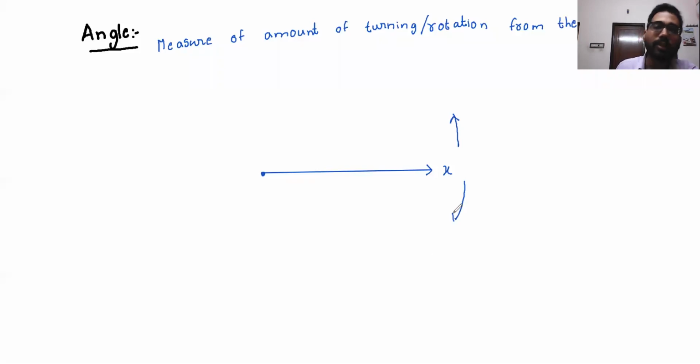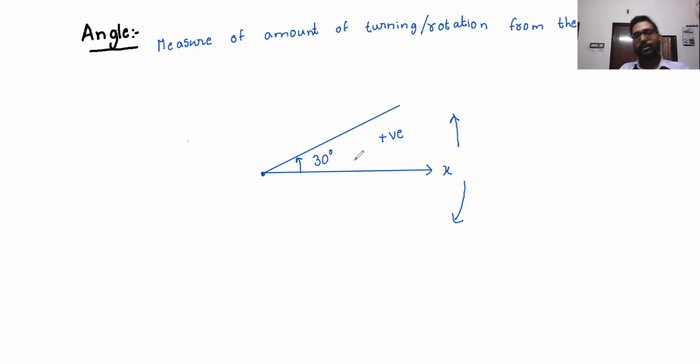So we can move in both the directions. Suppose if we move in the anti-clockwise direction, this way, this angle is measured as a positive angle, right? So the anti-clockwise sense is positive. The reference is like 0. Suppose if I moved 30 degrees in anti-clockwise direction, I'll call it plus 30 degrees.